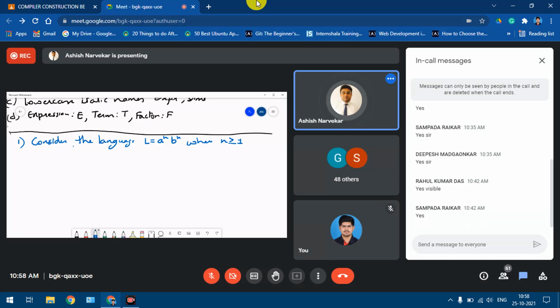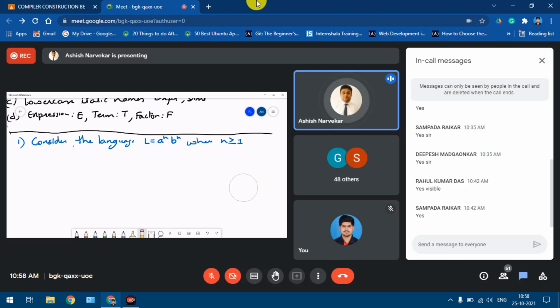So in that case, if I take the value of n, just for example, n equal to 2, it will be a raised to 2, b raised to 2, which is further nothing but a, a, b, b, because this defines the number of symbols. We don't have to write a into a or something like that. It is the number of occurrences of that particular symbol. So 2 a's followed by 2 b's. If it was a raised to 3, b raised to 3, it would have been triple a, triple b, and so on.